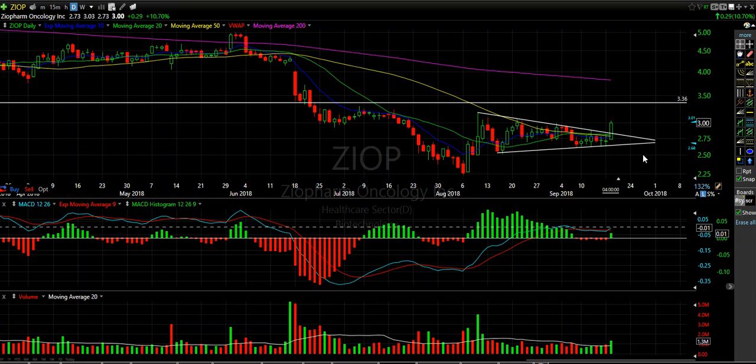Again, I'd be rushing my stops up. I'd be looking to bake as much profit in as possible if you're currently swinging this long. If you just day traded it, the market being closed, you already have liquidated your position, and you'd be looking at the next opportunity. The other one we were talking about was